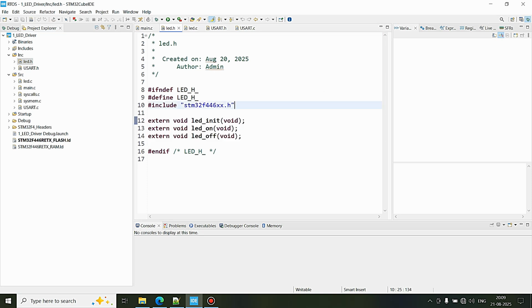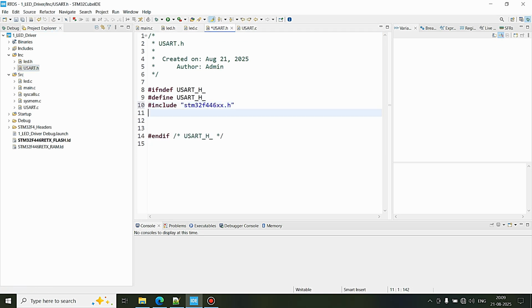Similar to the LED I am going to add this header, and along with the header I am going to write definitions of three functions: UART TX init,